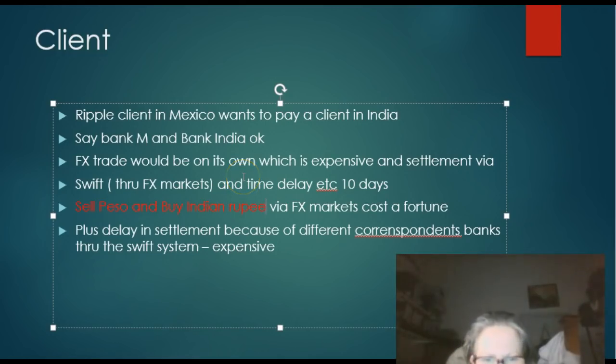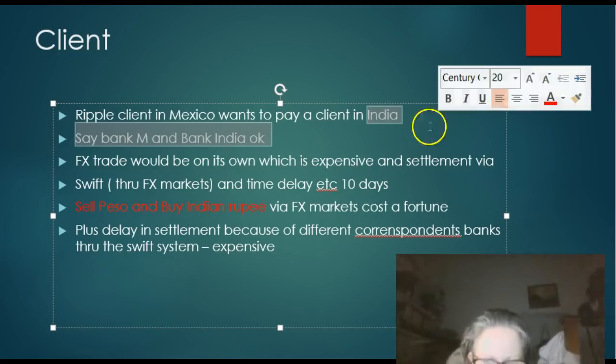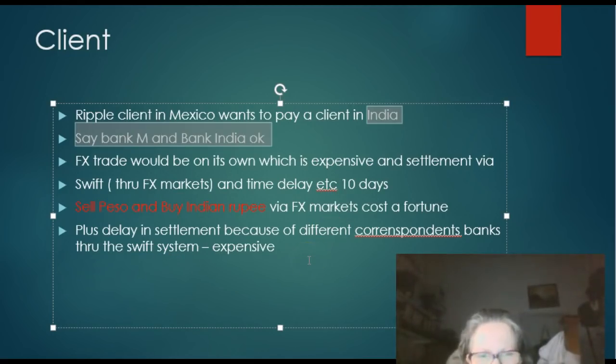Number one, because the counterparty settlement risk is 3 seconds, because it takes 3 seconds to deliver cash flow. In other words, sell peso, buy Indonesian rupiah, and pay the Indian bank. Takes 3 seconds, compared to the SWIFT old clunky system of 2 days as a minimum. Any more time delay is going to cost price adjustments and more costs to the client, and it's going to become more expensive. That's a fact.